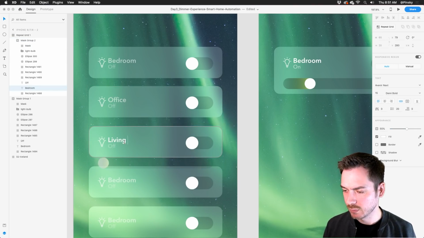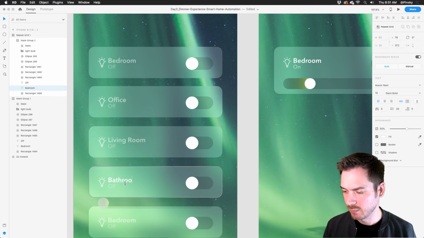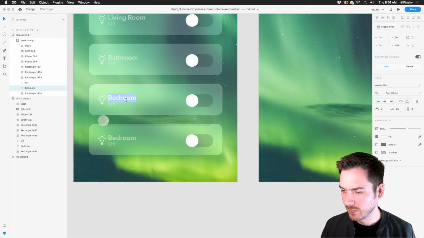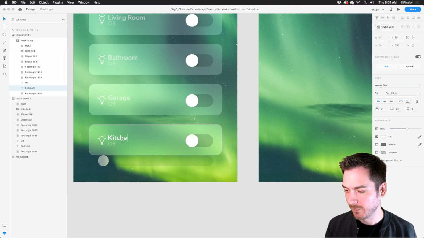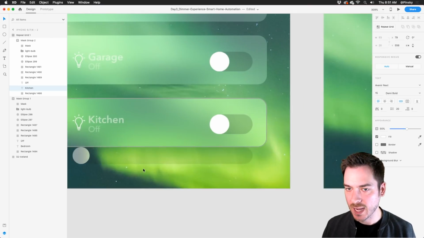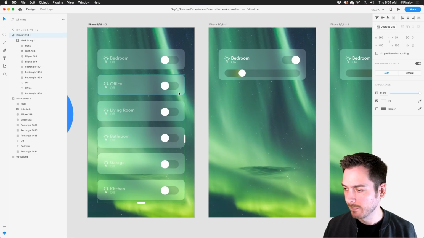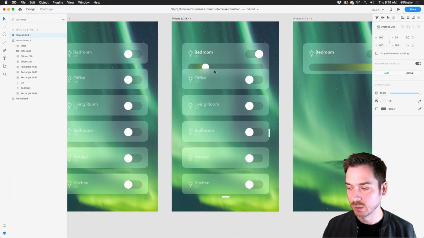Let's say this would be The Office. I missed that show. That was a good show. This would be living room, bathroom, because who doesn't have smart bulbs in their bathroom? I don't. This one would be garage. And what's another room that you would put smart bulbs in? Kitchen. There we go. So all of a sudden we have all these amazing smart bulbs, and we can just